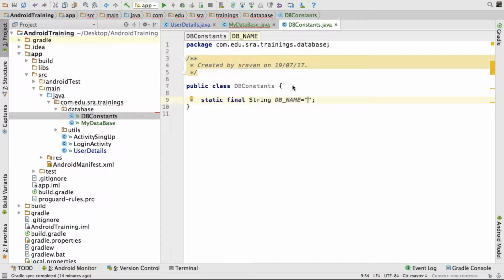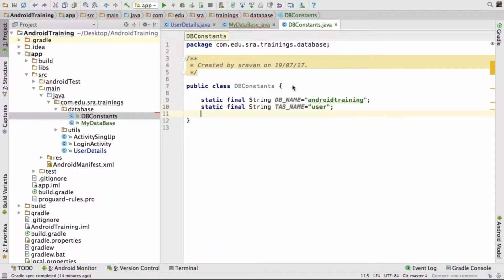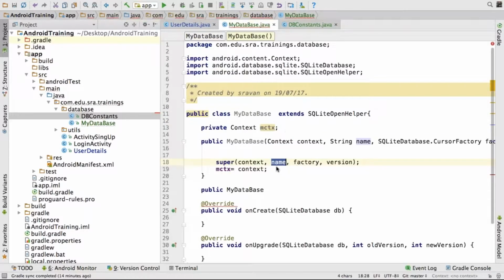My database name I'm giving as my DB. Next one, static final string table name. Table name I'm giving as user.